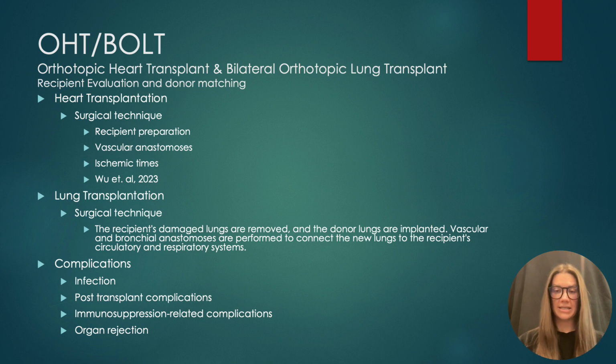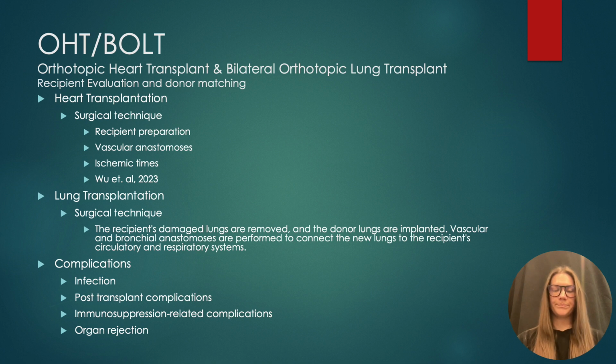Next, once they're listed, we have donor matching, and that can take, oh boy, it can be quick. They can be very lucky and receive an organ that matches them right off the bat, or it can take weeks to months, no one knows how long. So donors are obtained from individuals who have consented to organ donation, and matching is done based on factors such as blood type. Size is a huge issue, especially if they're doing both a heart and lung, as well as tissue compatibility.